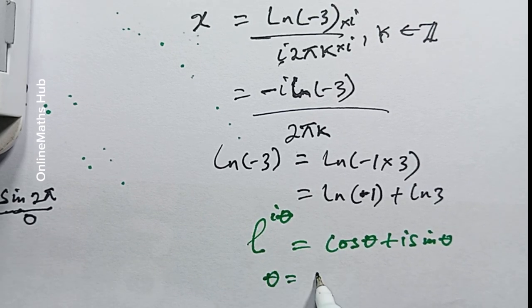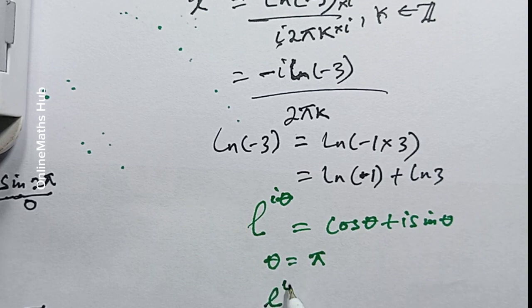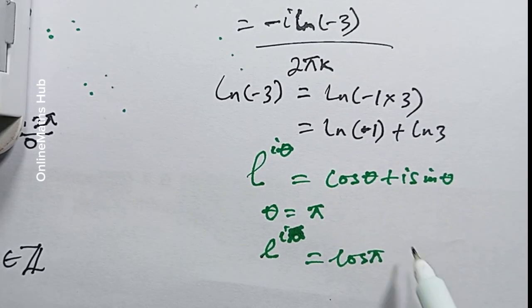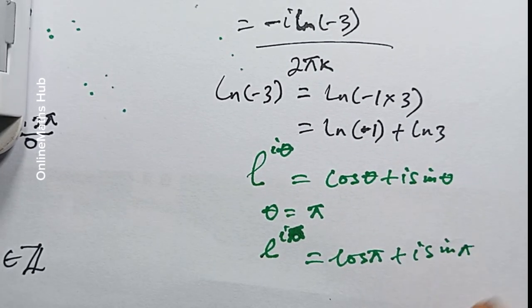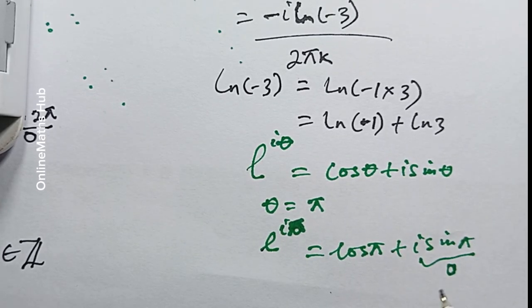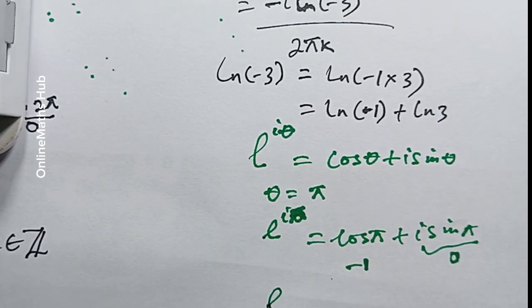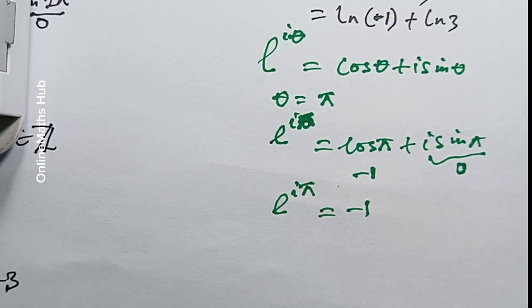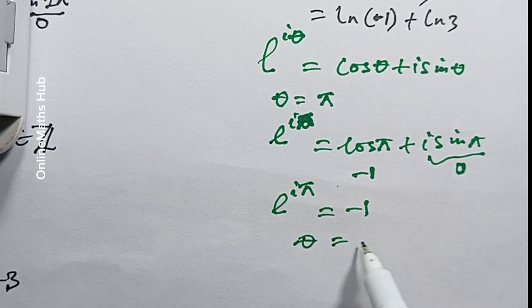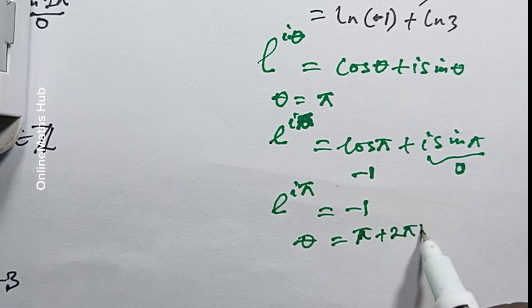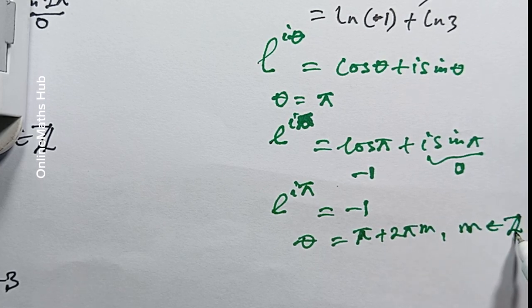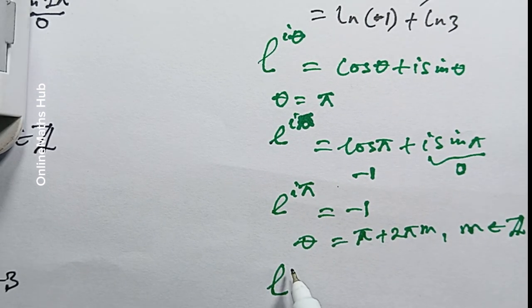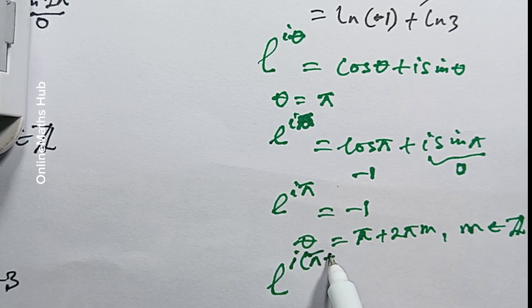If you consider theta to be equal to pi, you will see that this function, exponential i pi, will be equal to cos pi plus i sine pi. Sine pi is equal to 0, so this side turns to 0. Cos pi is negative 1. So you can see that exponential i pi will be equal to negative 1. In general, whenever theta is equal to pi plus 2 pi m, and of course for all integer values of m, this exponential function is going to be equal to